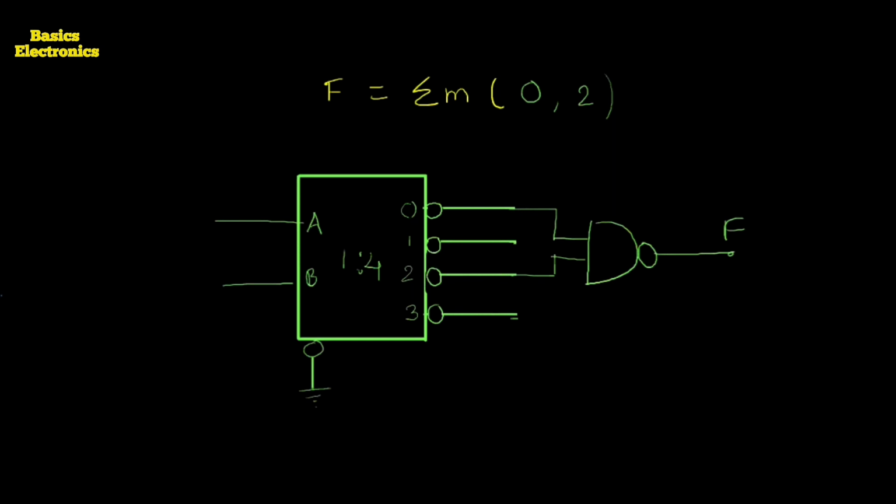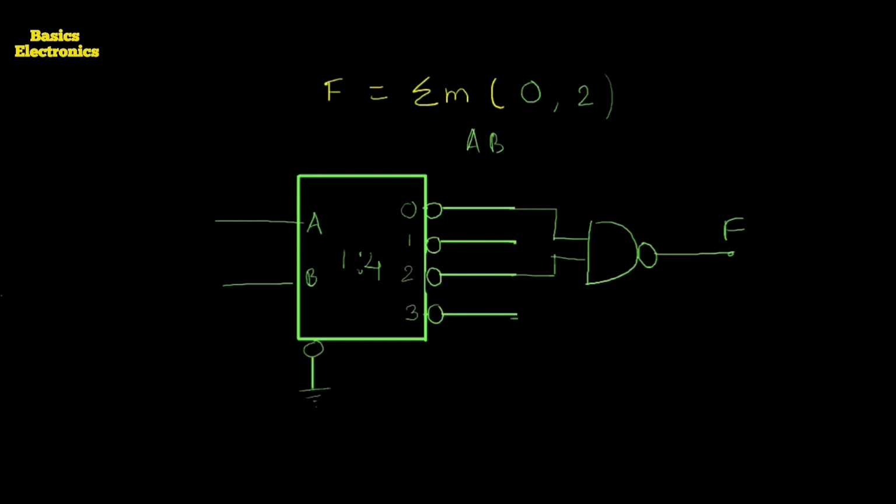This is a very simple equation. We have to see the other equations for implementation by using the decoder or the multiplexer, and we have to see the implementation of the truth table. A truth table is given in the examination, and by using that truth table we have to implement. Equations in the form of A, B, C are given, and we have to implement them by using the decoder or demultiplexer.